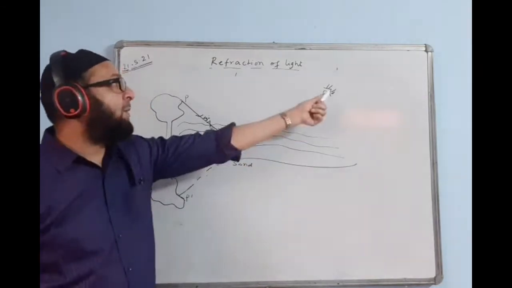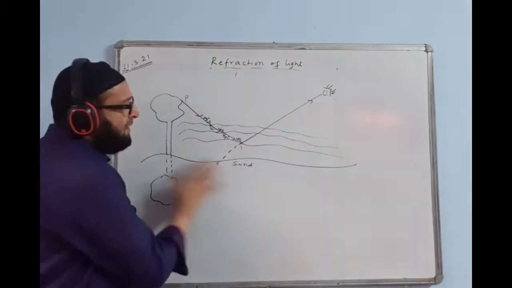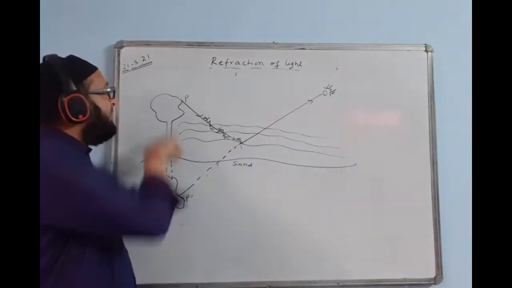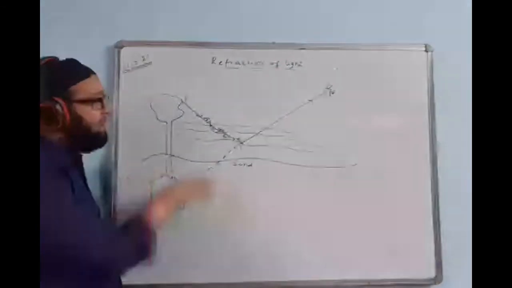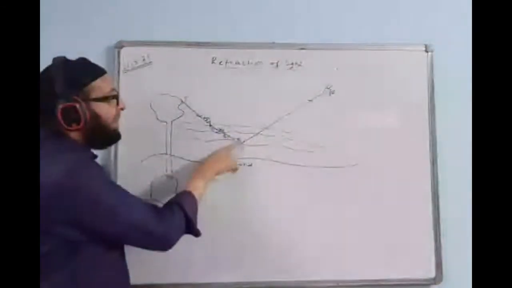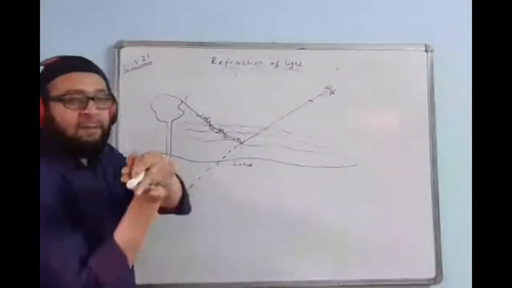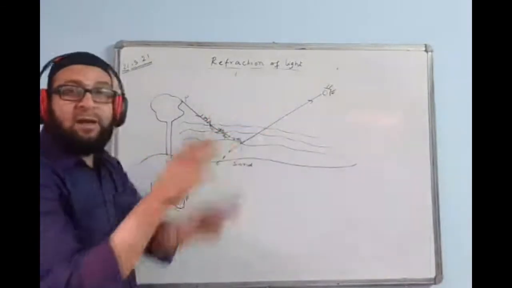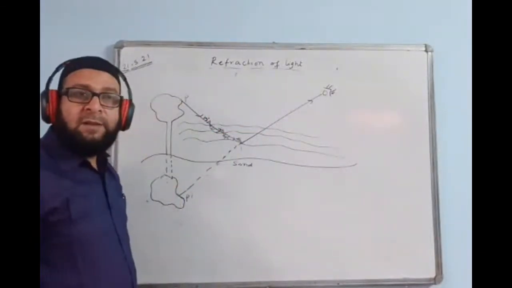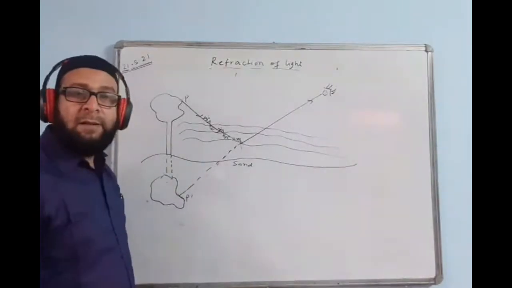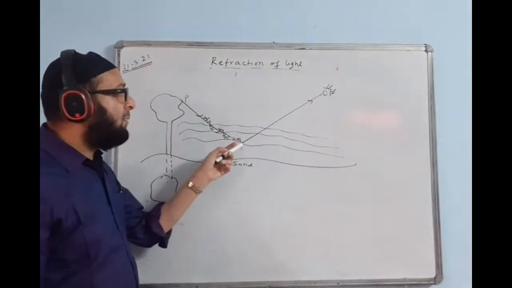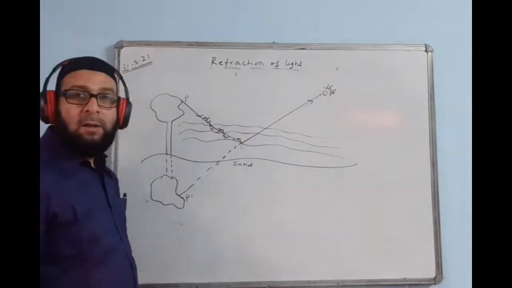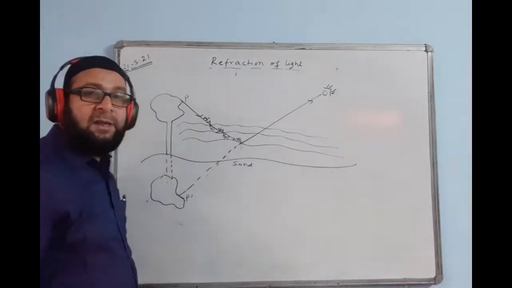So the same thing happens to the person. This sand is shining, looking like water, and what is creating more illusion is the inverted, upside down image of the tree, and that is happening due to TIR, because this surface is behaving like a mirror. The idea is that every time the angle of refraction is more, so it is bending away. So a time is going to come when the angle of incidence becomes more than the critical angle value, and from then onwards there will be no refraction taking place. Rather, TIR will take place.